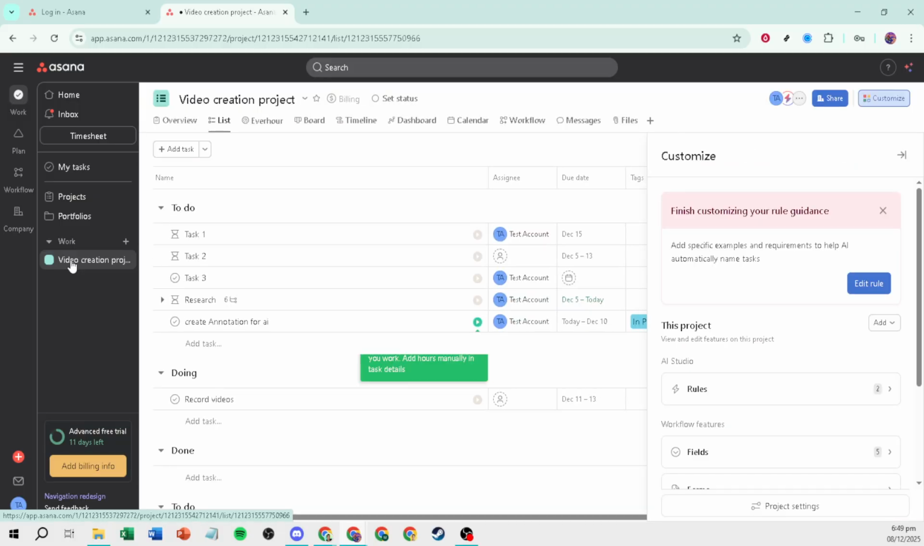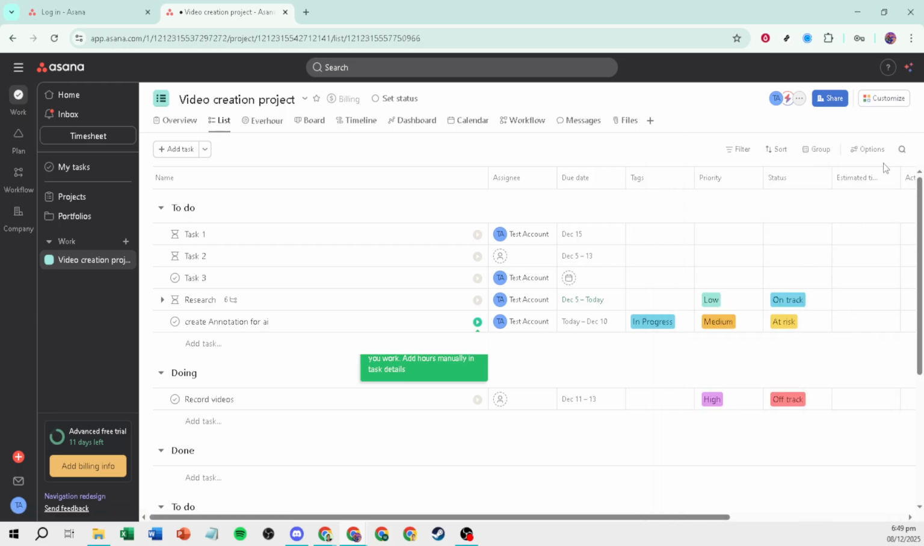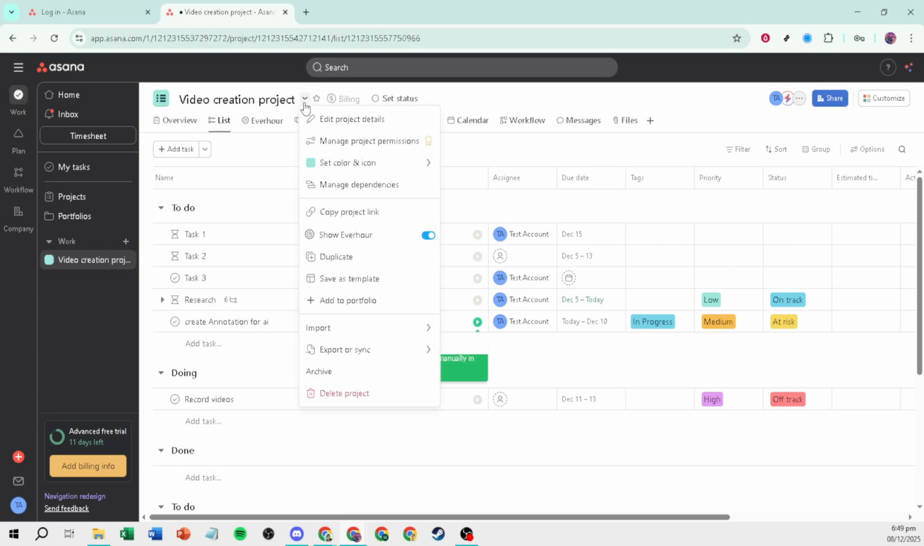At the top of the project, look for the Actions menu. This is the three-dot icon near the project's title in the header. Click that to open the drop-down menu. In this list, you'll see various options for managing the project. Choose Delete Project. When you select Delete Project, Asana will show a confirmation prompt to make sure you really want